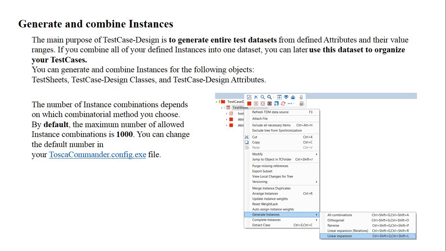All right, and you can apply these generate and combine instances at the test sheet level, at the test sheet template level, and at the test case design attributes level, right? The number of instances you have and these combinational methods depend upon the limit of 1,000 instances. So if you have a combination of up to 1,000 instances, this is going to work. But if you have more than 1,000, then you have to change the instance combination value. You just have to open the config.exe file for your Tosca project, and you can update the value according to your instances,